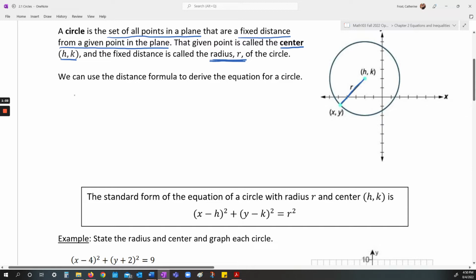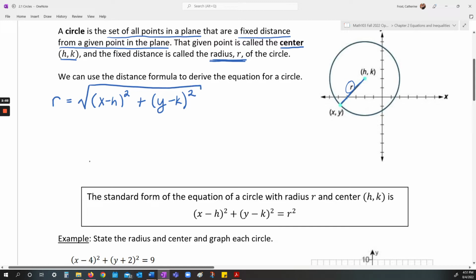So since the circle is based on distance, it's the distance between the center and any point on the circle, let's write out the distance formula. So we're just going to put everything in the right spot. We know the distance between any point xy on the circle and the center hk is r, the radius. So instead of d, I'm going to put r equals, and then remember the distance formula, you have that big square root, and then it's the difference between your x coordinates, x minus h, the quantity squared, and then plus the difference between the y coordinates, so y minus k, the quantity squared,